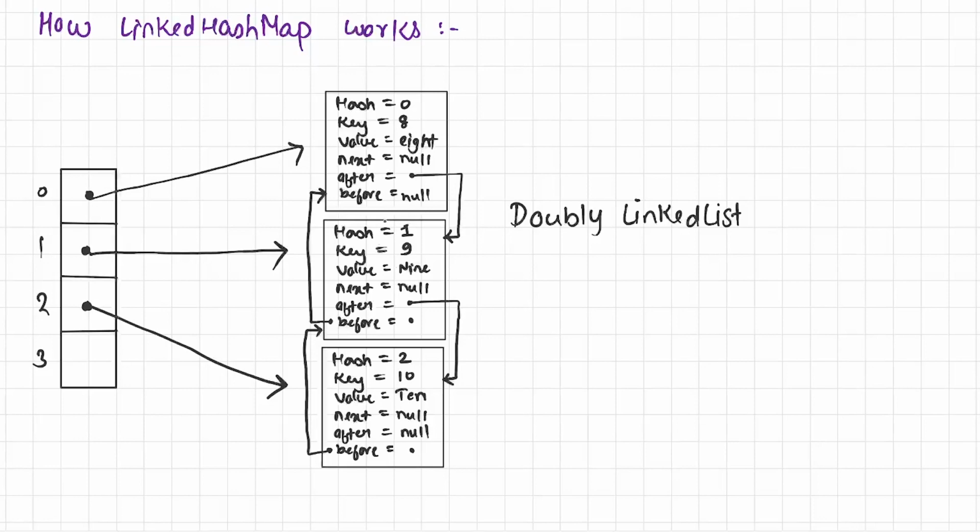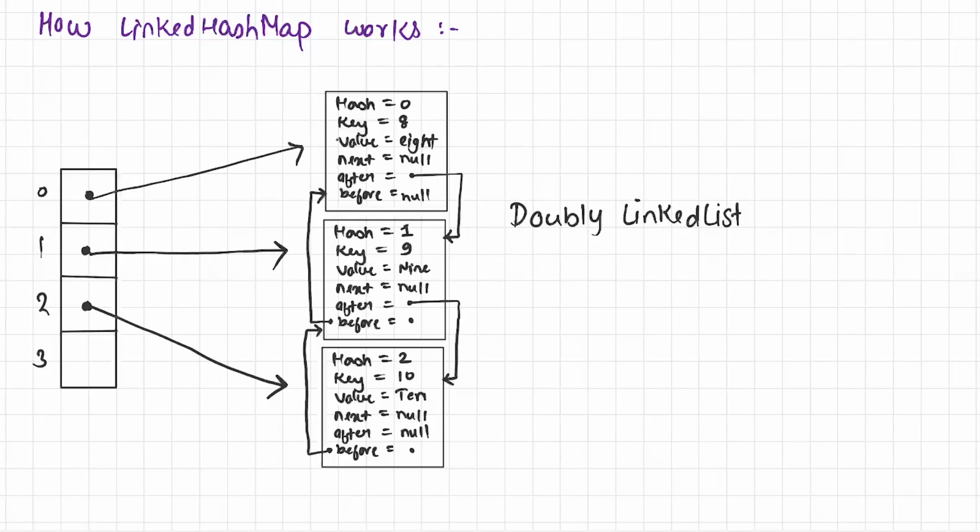Similarly, we are going to insert the reference of object 9 into bucket 1, because 9 mod 4 is equal to 1. And as with 9, we compute the hash code of 10. It comes out to be 10 modulo 4 is equal to 2. So we are going to store the reference of this object at bucket 2. Okay, so far so clear. This is what we were doing in the HashMap also.